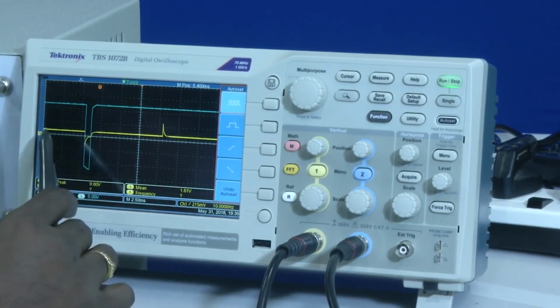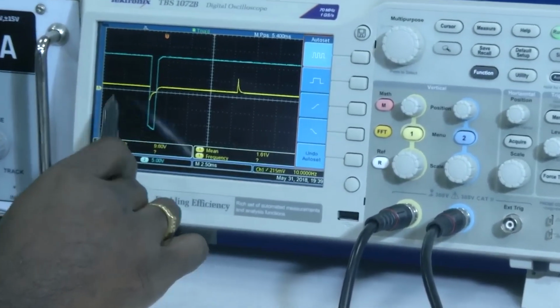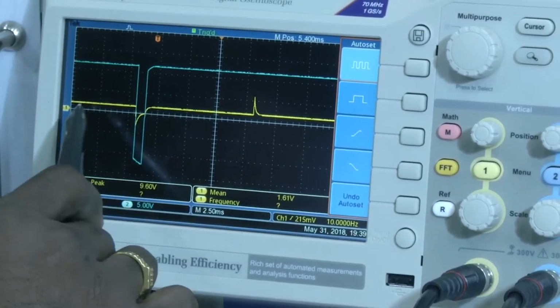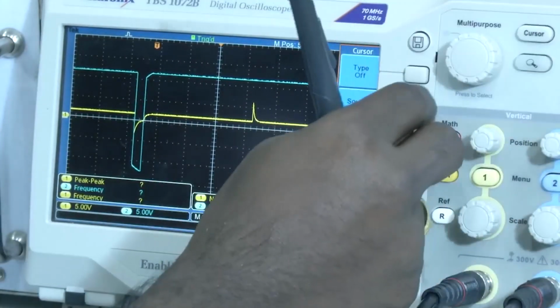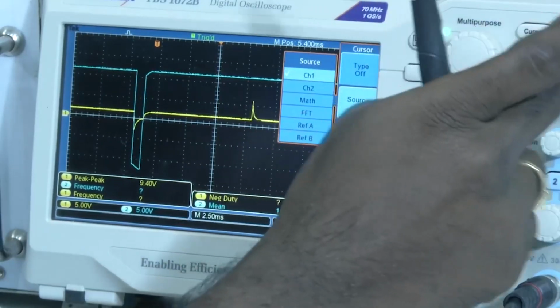So, what we can see, the capacitor is somewhere around 5 volts. So, 1 volt is somewhere around 5, right, or I can take a cursor and channel 1, okay,